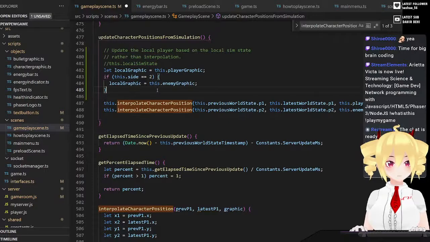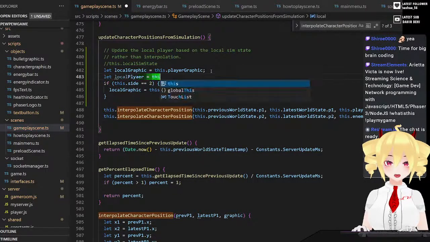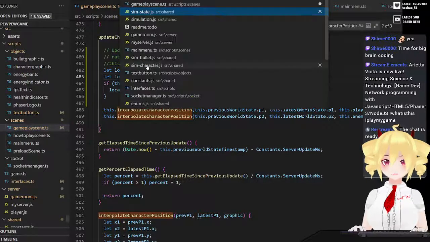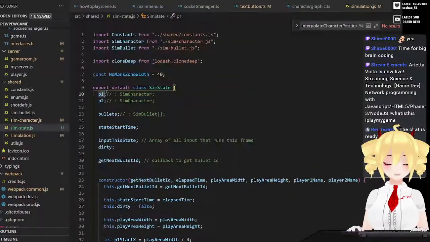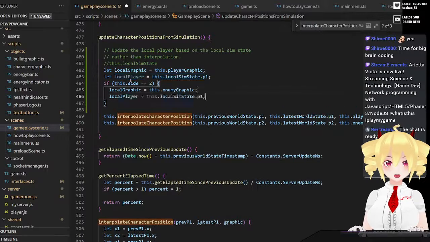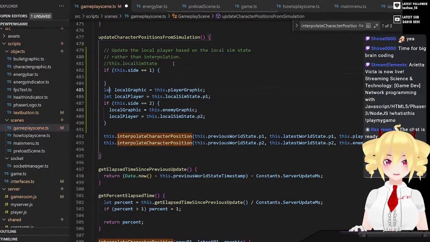We can probably reuse some of it. Then we can do P1, right? Because it just has the sim character object there. Oops, I spelled that wrong. And if you're side 2, it's P2. Yeah, I guess I should just do it this way. So if side is 1,